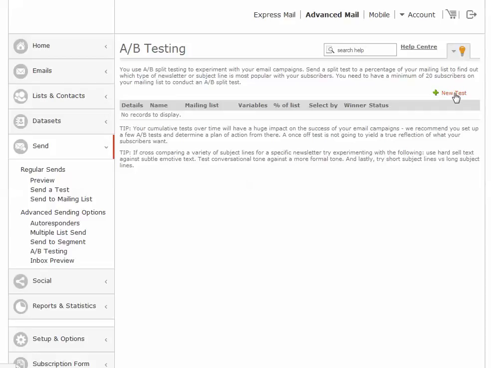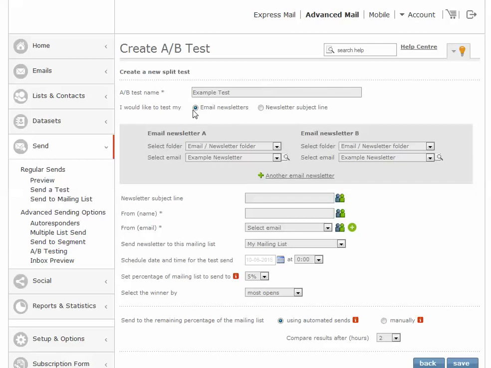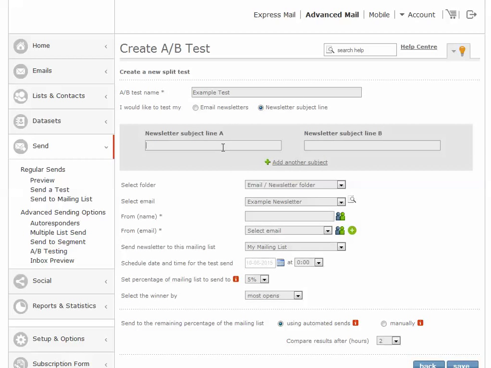When you are creating a new test, you just click on new test on the right hand side there, and then the first thing that you need to do is just name that test. So at the top we're just going to call it example test, that's fine. And we've got the newsletters that we can test, but in this scenario I want to just move over to the subject lines. So in the subject lines I've still got that code pasted and copied from previous subject lines. So I'm going to put in first name, your newsletter is here, and the other one might just be monthly newsletter,